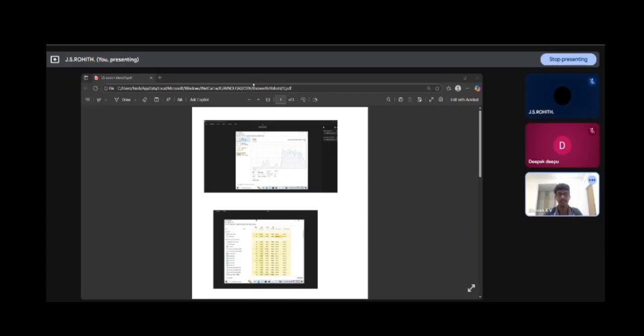So we have seen the two operating systems with their system load, CPU usage, memory usage, and process count. Now we have to compare these two operating systems to see which is the best. So now you can see the images. This is the output of